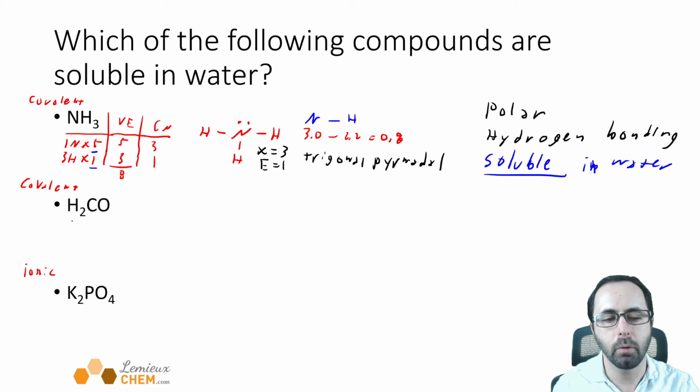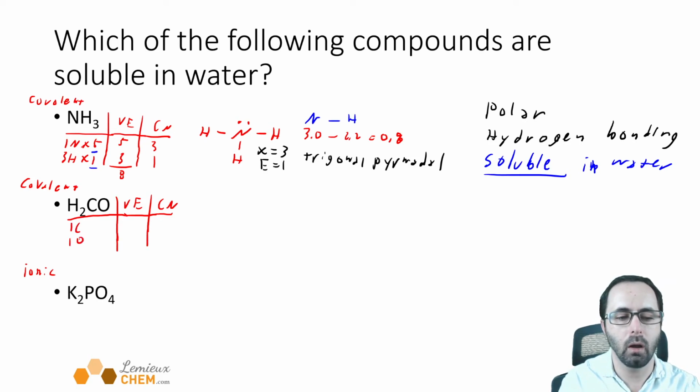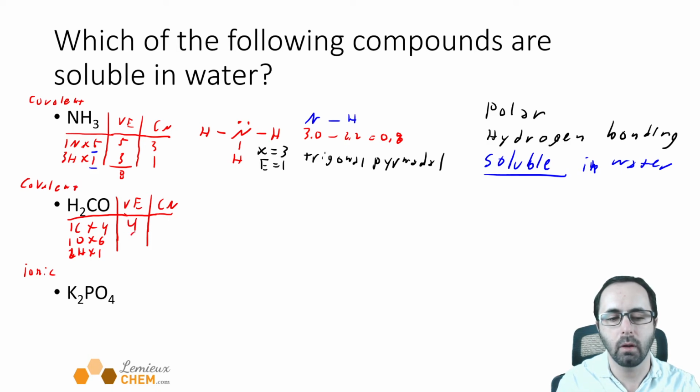I'm going to do this one pretty quick because I did it back last week when we did Lewis structures. This is formaldehyde. We have 1 carbon, 1 oxygen, 2 hydrogens. Carbon is group 4, oxygen is group 6, hydrogen is group 1. That's 4 valence electrons from the carbon, 6 from the oxygen, and 2 times 1 for the hydrogens is 2,